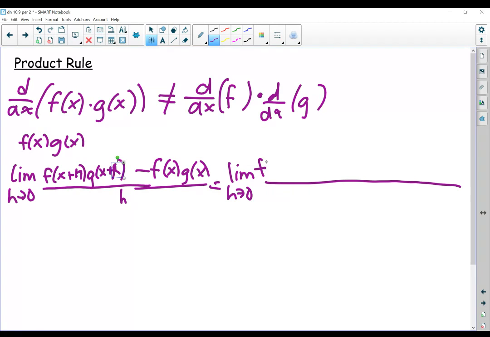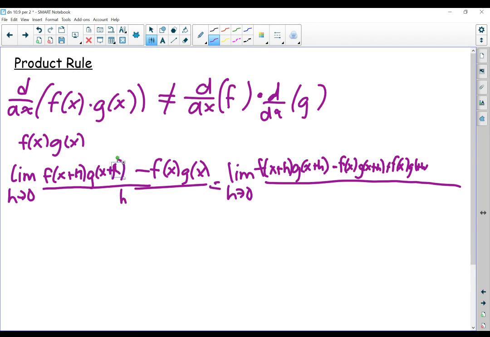So what you're going to do is subtract f of x times g of x plus h and add that same expression